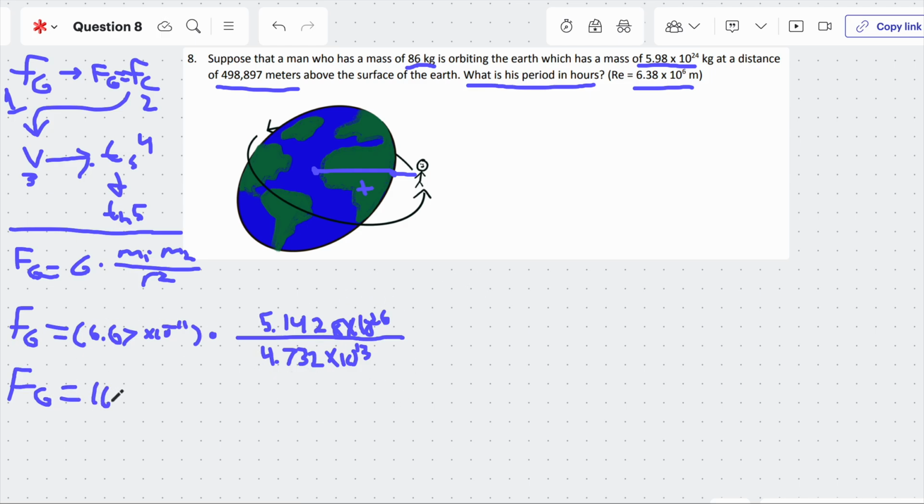I'm just moving our big G down. Times 10 to the negative 11th. So let's see. First things first, we're gonna do 5.1428 times 10 to the 26th. Awesome. Once you get that, divide that by